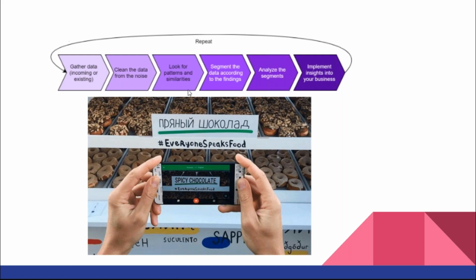and then look for the patterns and similarities. तो अलग-अलग ग्रुप्स में divide करने के बाद I will try to find the similarities in those groups, and then I will clean the data from the noise. So if there is any noise present in my data, I'll try to clean it and then gather the incoming data or the existing data, and then I will repeat the same process. So that is what happens in case of unsupervised learning, जहां पे हम पैटर्न्स को फाइंड करने की कोशिश करते